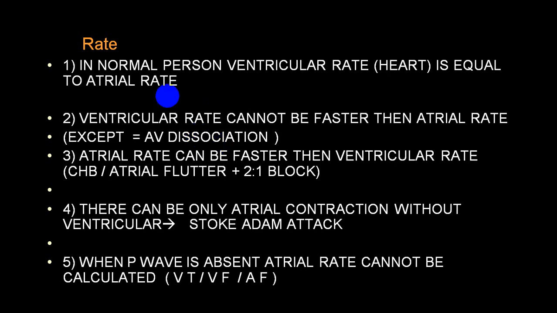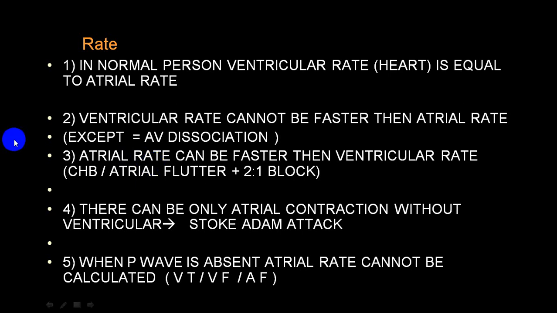While the opposite of that is in conditions where the atrial rate is very fast, say like in atrial flutter, all impulses are not transmitted to the ventricle. Few impulses are transmitted, few are not transmitted. We call it atrial flutter with a fixed block or variable block. Because of this, the atrial rate is faster. Few impulses are transmitted, that's why the ventricular rate is a little less than the atrial rate.